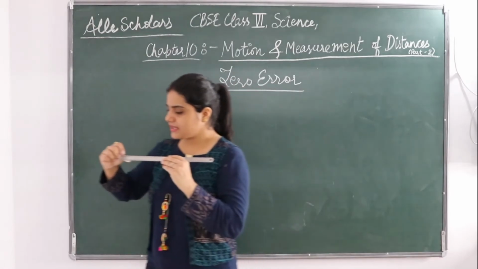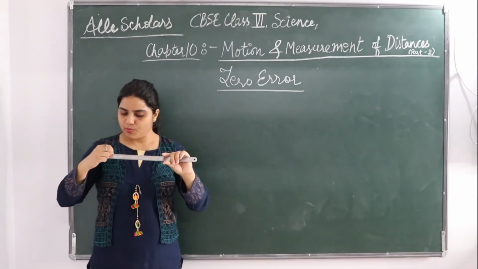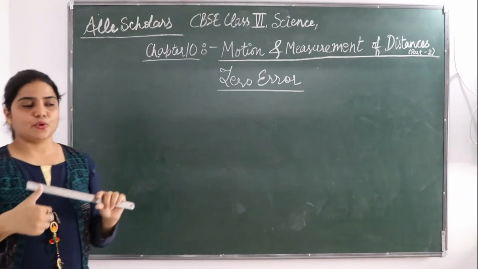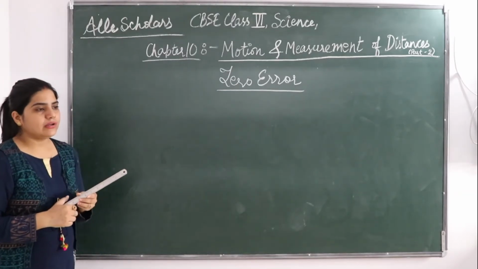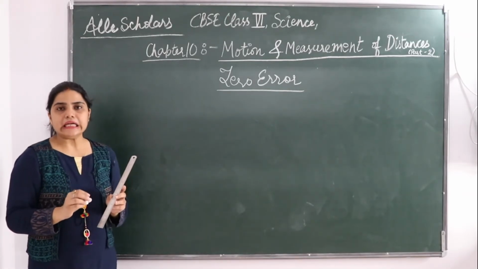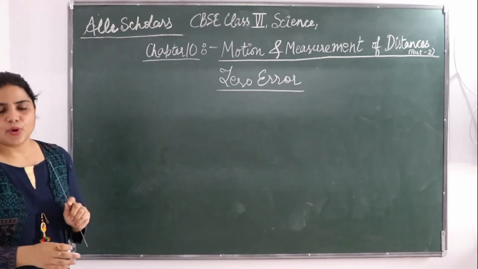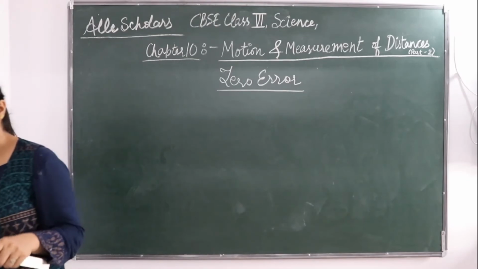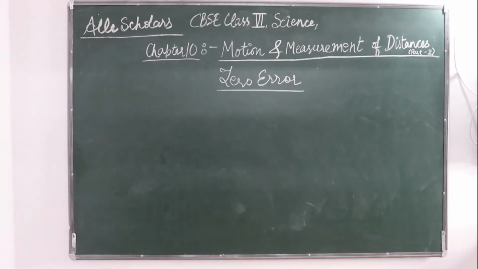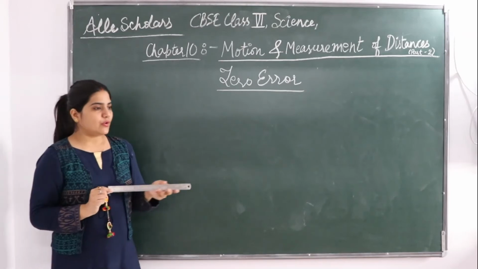And suppose that this scale is broken from here. Sometimes the scales are broken. Some of the points, marks, divisions are broken here, or sometimes it is broken more. So if the scales are broken or you can't see the 0, 0 is not visible, it can lead to an error that is called 0 error. If you cannot see the 0 point, there will be an error which is going to be called 0 error. Fine.